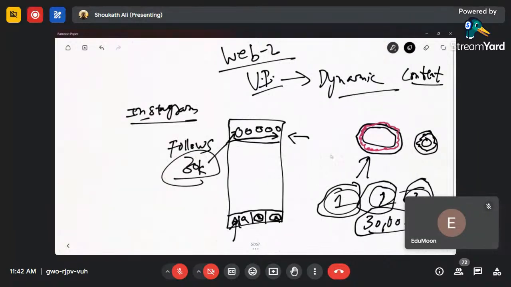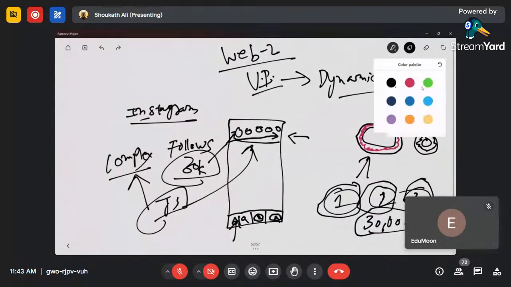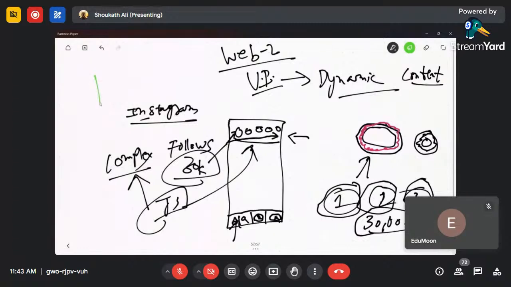You can't just write conditions in JavaScript. If you write JavaScript to spawn objects, it'll be very difficult, right? You can do it, but the problem is it will be very complex. Now to handle these kinds of repetitive elements, we came up with a framework called React. As you might have guessed already, we came up with